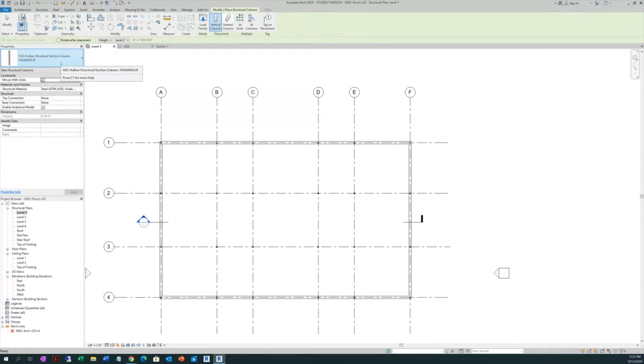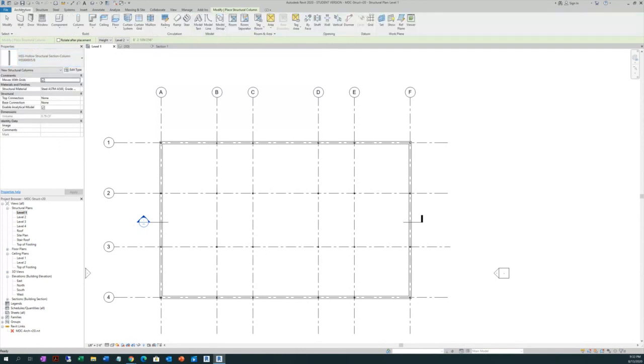Then on the type selector, click on that. And then, obviously, I don't see here the concrete, okay? I don't have concrete here. Let's see if we can go to the architectural. We have concrete? Okay, you have concrete? Go ahead to the architectural tab and look for column there. And then we have the structural column. See how we go around this program? You go architectural even though you are on the structural template. But then you go to structural column,